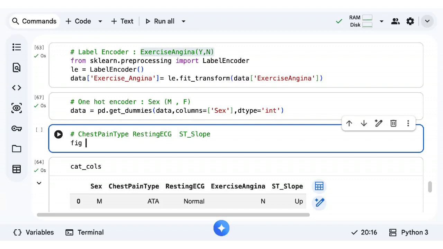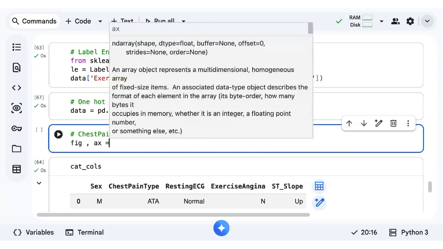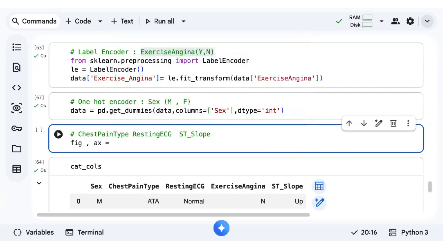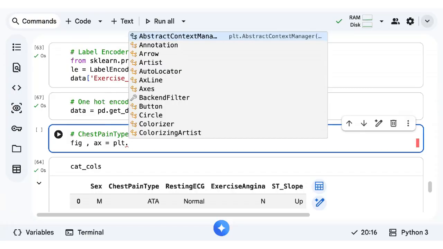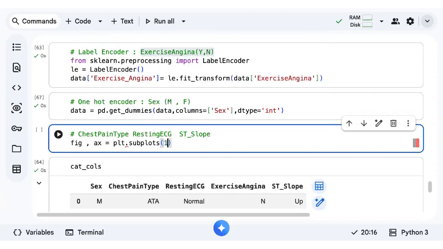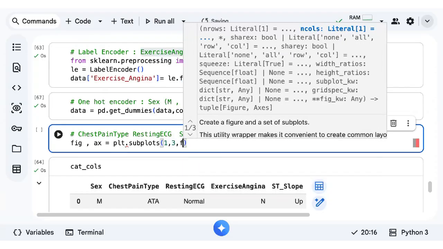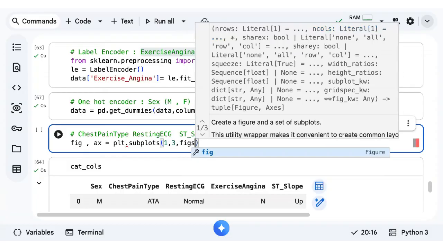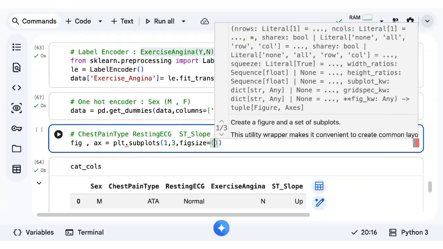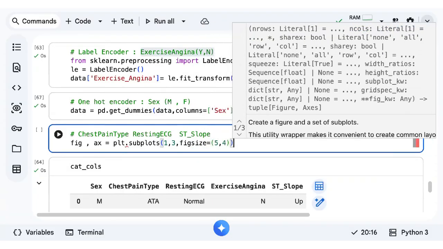I'll just use a subplot. Figure comma axis equals plt dot subplots, with figsize equals 5 comma 4.